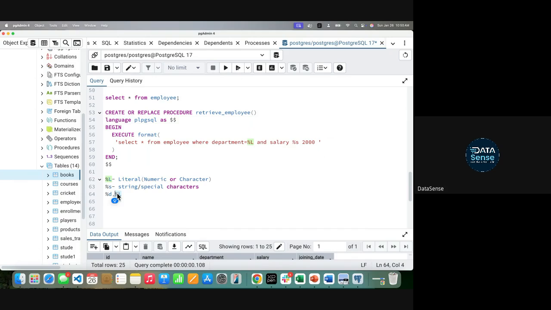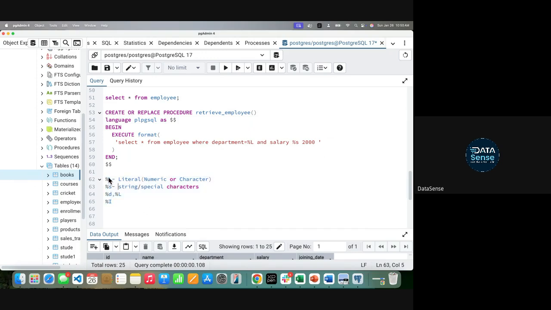And one more thing. These filters you need here. What if you want to change something in the column name? Suppose you want to dynamically pass the column name on which you want to filter. There you use the percentage I. Okay, I will show you with an example. So these four you will need to remember.